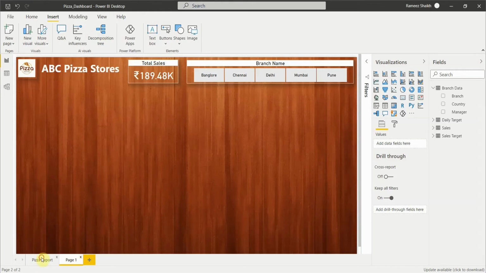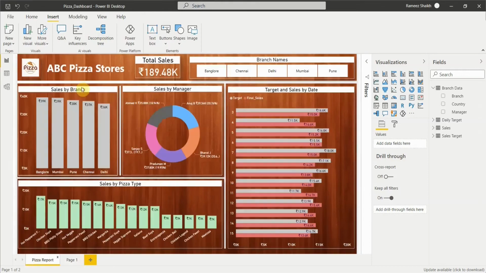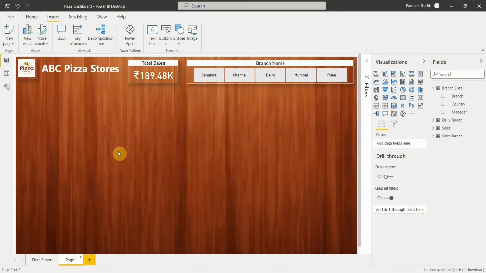So now let's go and add each visualization that is there in this report. What I have done here is I have categorized, I have divided this particular part into 3 parts. This will be the first part, second part, and the third part. So what we will do here is we will go to page 1 and we will take a shape outline